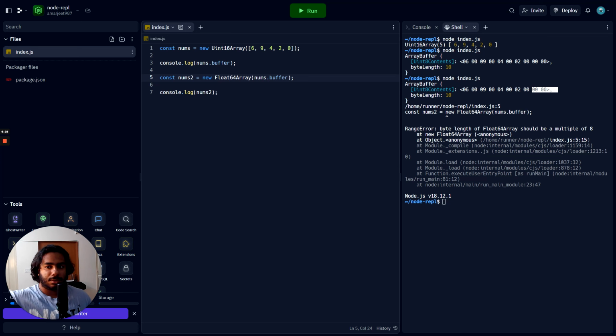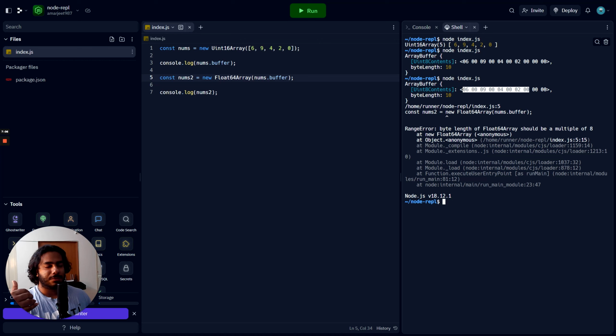the next closest block of memory, the minimum memory that it would need to fit the array in it, right? So I hope I was able to explain it, but basically, the bottom line is, to parse something as uint16, one element will be this long. To parse something as float 64, or 64-bit, one should be 16 times 4, so this long. So it needs a minimum of this length in a buffer to parse those elements